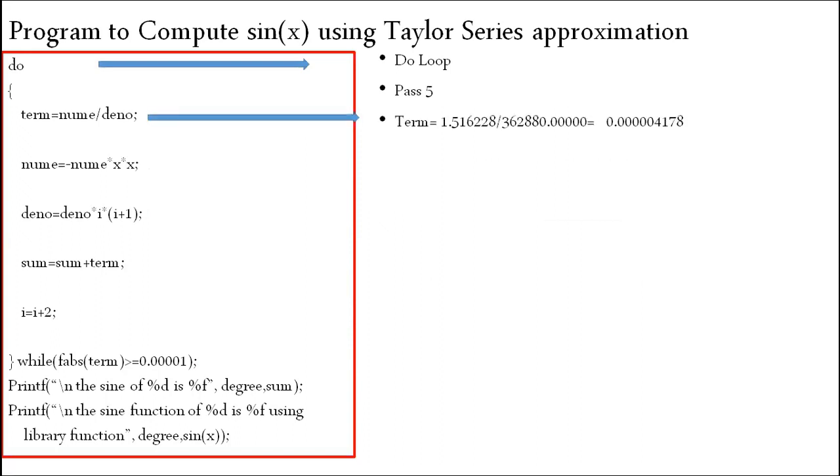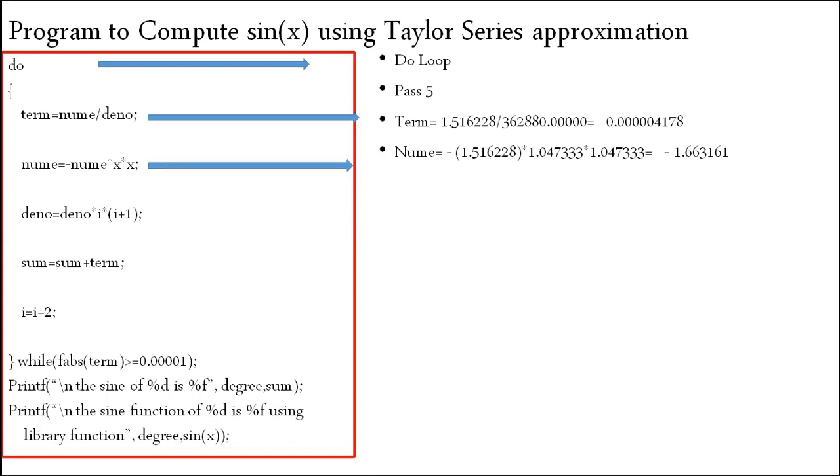Term is equal to numerator by denominator. So term is equal to the latest value of numerator, 1.516228, divided by denominator, that is 362,880. We'll get a value 0.00004178. Term will be updated to the new value now. So next we'll go with numerator. Numerator is equal to minus numerator into x into x. The value of numerator is 1.516228 into x into x. So by this we'll get minus